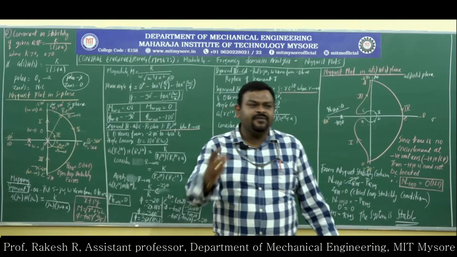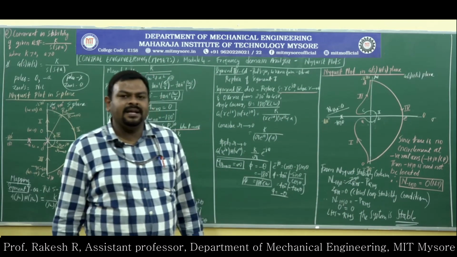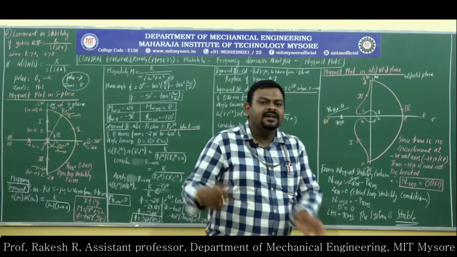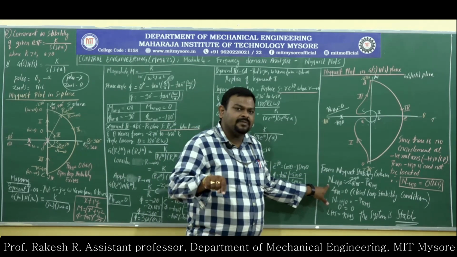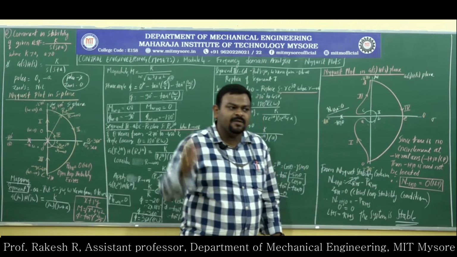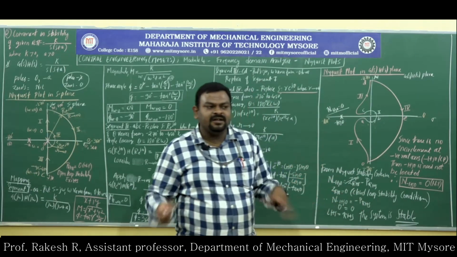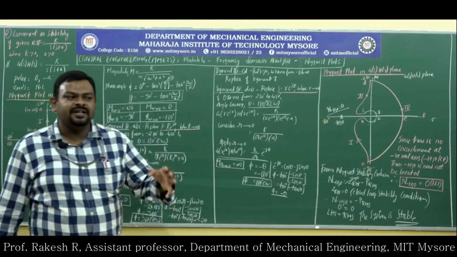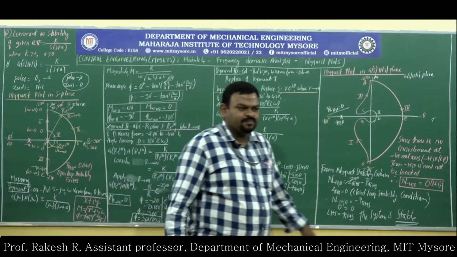Then by using the Nyquist stability criterion, the encirclements about the critical point minus 1 plus j0 will be equal to the number of poles located in the right half of the S-plane. Here, encirclements about the critical point minus 1 plus j0 are taken in the G of S, H of S plane, and poles at RHS are taken in the S-plane. You just equate them. If they are equal, then the system is stable. If not equal, then the system is unstable. So this is problem number 2. Thank you.